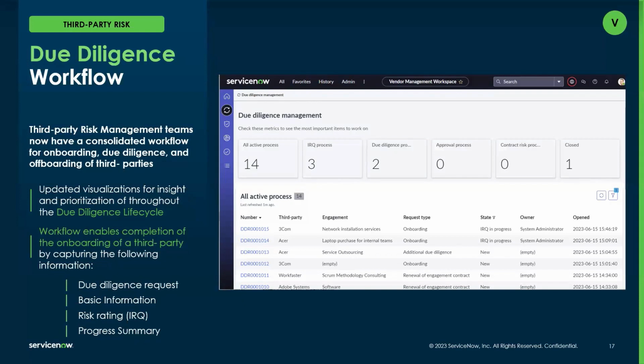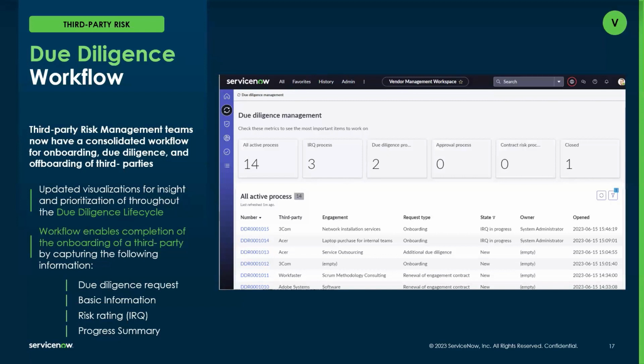The external assessment, which is answered by your third parties through the third party portal. And then, of course, a level of review and approval, and then great integrations with our other products like procurement service operations, like legal service delivery around the contract risk being defined throughout the contract review and approval process. And then the last stage, of course, is certified offboarding of those third parties, or renewal and reinitiation of the workflow.